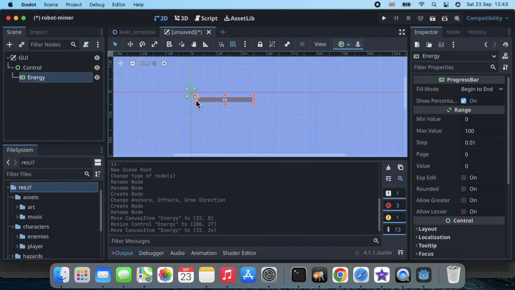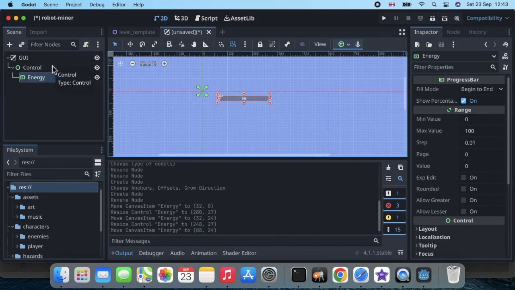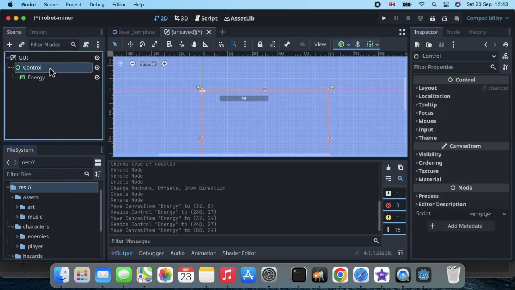But my control node is 64 pixel squares wide. So it's fairly wide. 4 times 64 is 256, isn't it? I'm going to move it across a little bit more, because next I need a little icon, and I'm going to have my battery. So with the control node selected as parent,